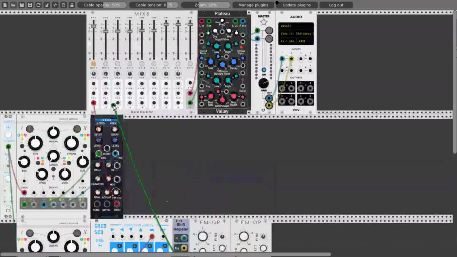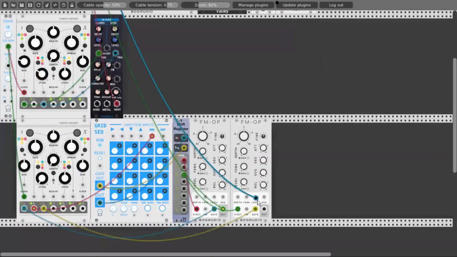So we will connect this to the mixer. And again with the bias knob we can change the settings and the ratios. And let's send also 2 outputs from the shift register to the feedback amount of both oscillators. So let's take this output and the 4th one, and let's raise the feedback amount also.